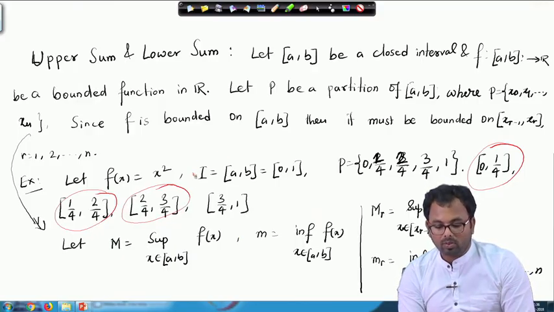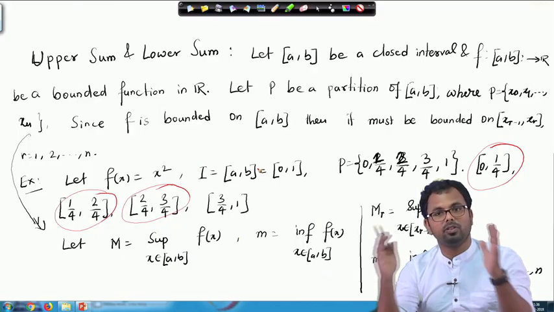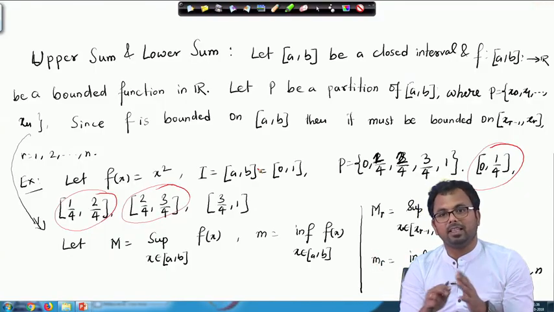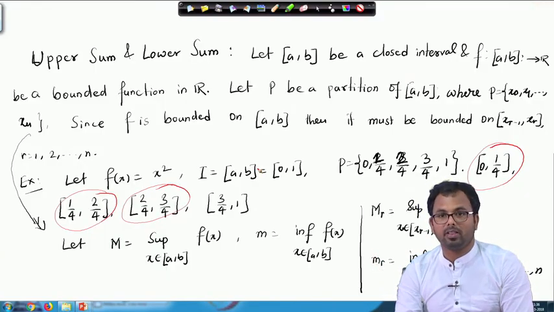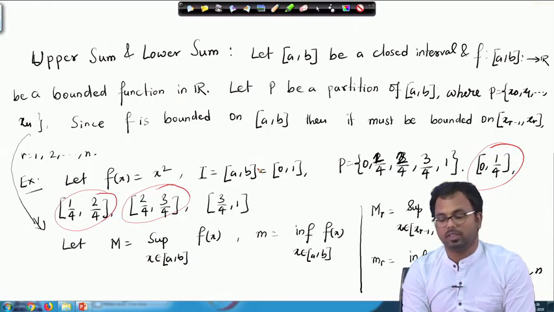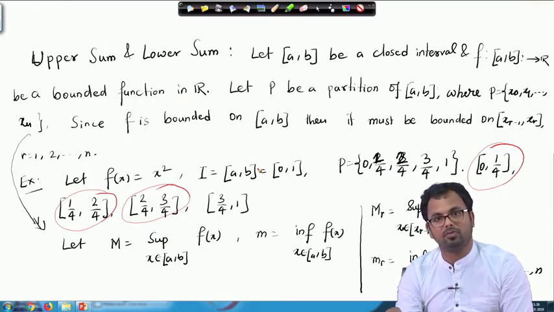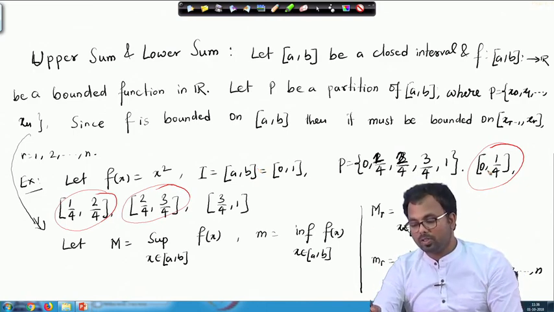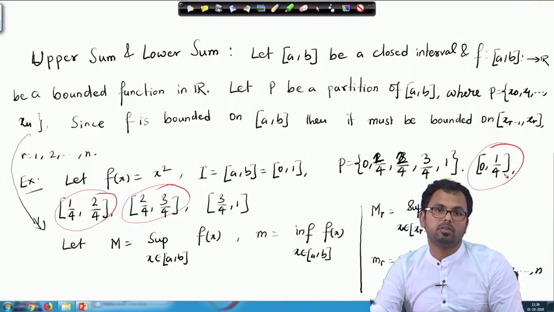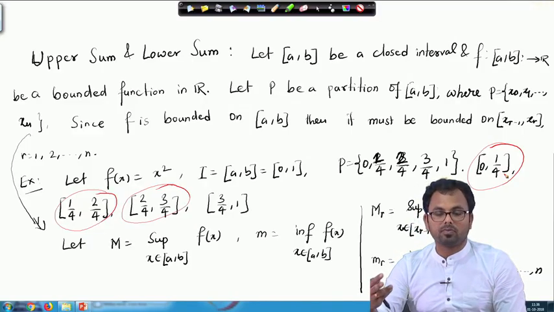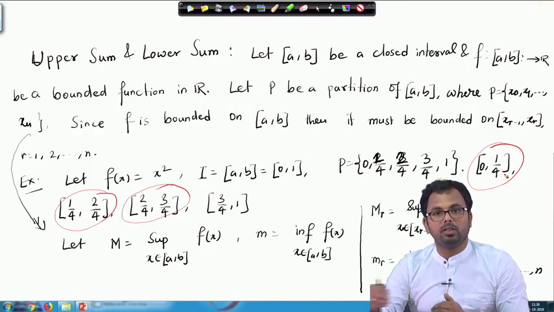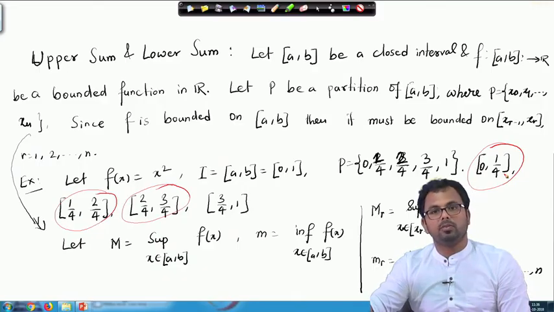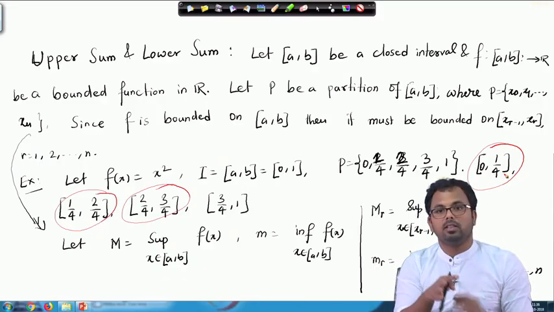In this case, for the first interval, the lower bound for the whole interval is 0 and the lower bound for the smaller subinterval 0 comma 1 by 4 is also 0. So it is equal there,